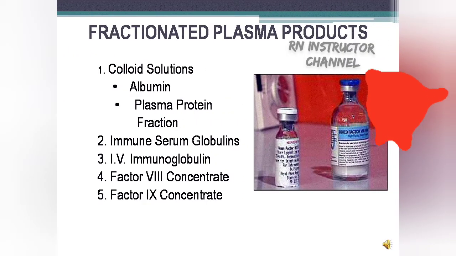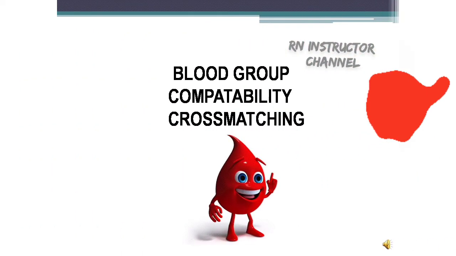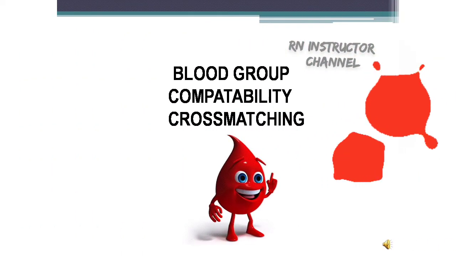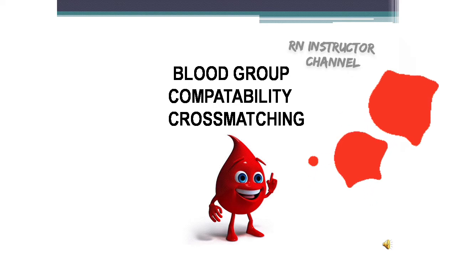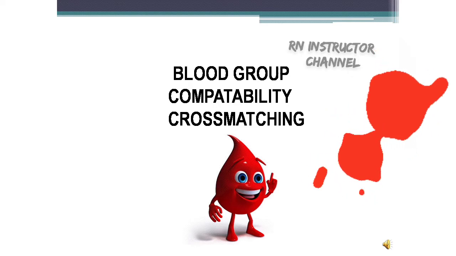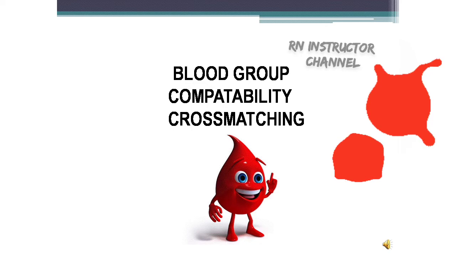Fractionated plasma products such as colloid solutions, albumin, plasma protein fraction, immune serum globulins, IV immunoglobulin, factor 8 concentrate, and factor 9 concentrate are given to the patient in case of any fluid loss from the body or else deficiencies. The major thing we need to focus on during blood transfusion is what type of blood grouping the donor and the recipient have, the compatibility of the donor's and recipient's blood, as well as the